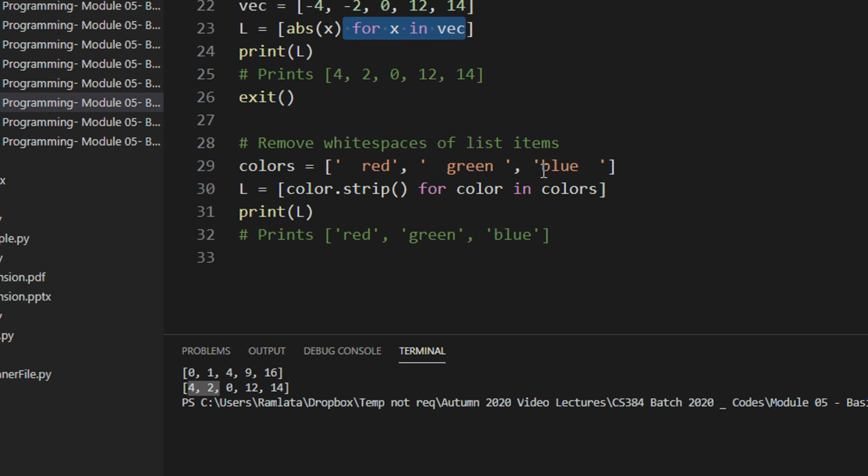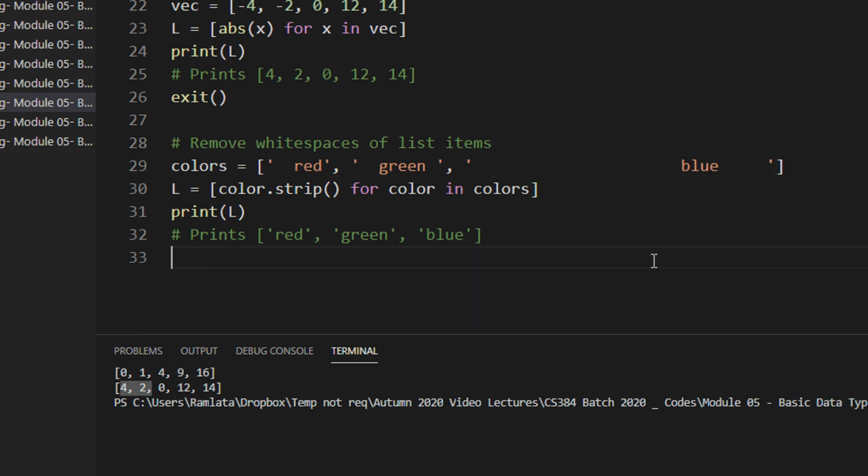There is a strip function in Python that strips out all the trailing and preceding spaces, right? For example, the word is red here, but you can see it has two extra spaces in the beginning. Here it has one extra space at the end. Here it has many extra spaces. Whenever you are doing string processing, it is always advisable to use the strip function before processing, as it helps to remove the extra white spaces before and after.